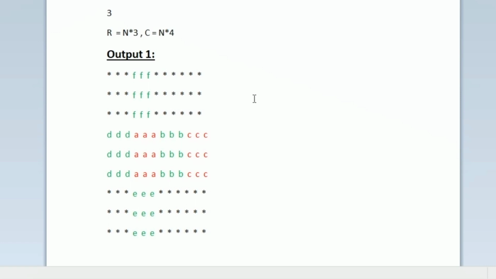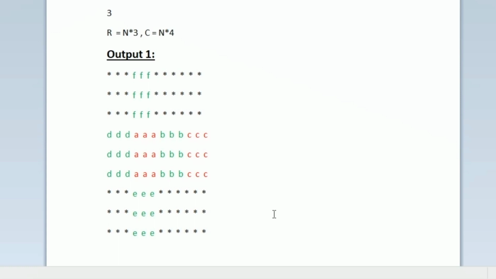And finally, after filling all the n cross n submatrices, we have to print the total character matrix, which will be the required output, which is nothing but how the cube will be looking after unfolding. So this is our task. We have to update all the n cross n matrices, and we have to print the total updated matrix.